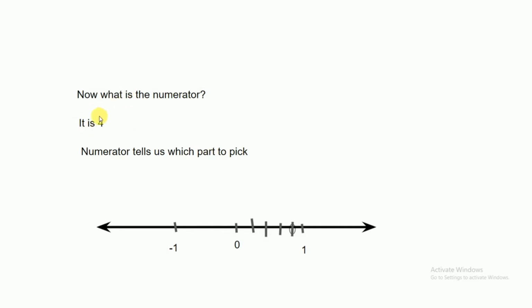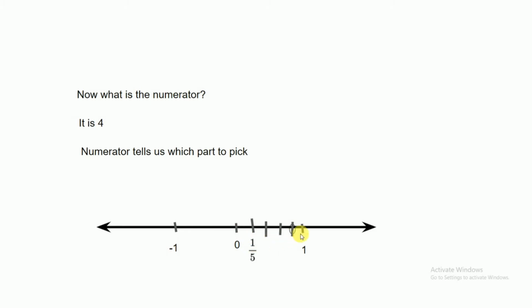First 1, 2, 3 and 4. This one. Now the very first part from 0 would be 1 upon 5,